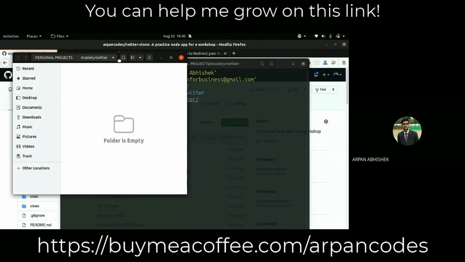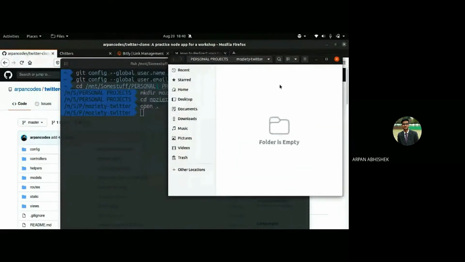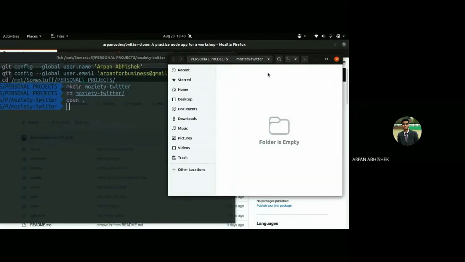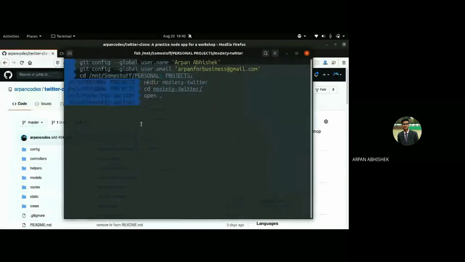You can actually use your GUI to create folders. I'm just used to using terminal. That's why. All you have to do is go to your desktop or anywhere and create a folder which you'll be using for your project folder, and you can open that in your terminal. CD into that. I hope you don't have any problem with that using your terminal. If you have, you can ask.